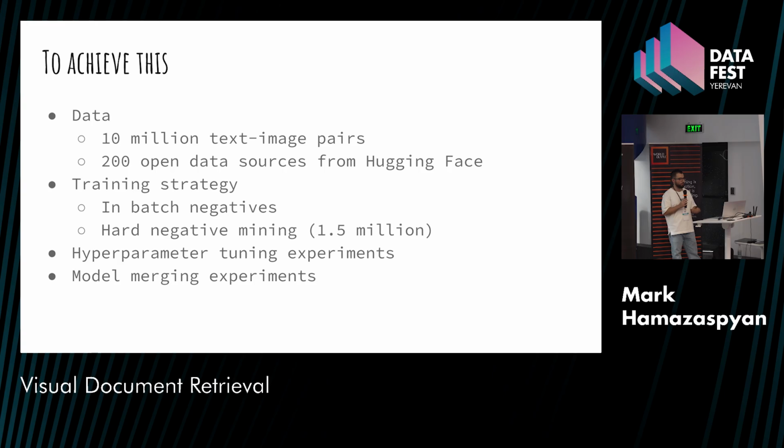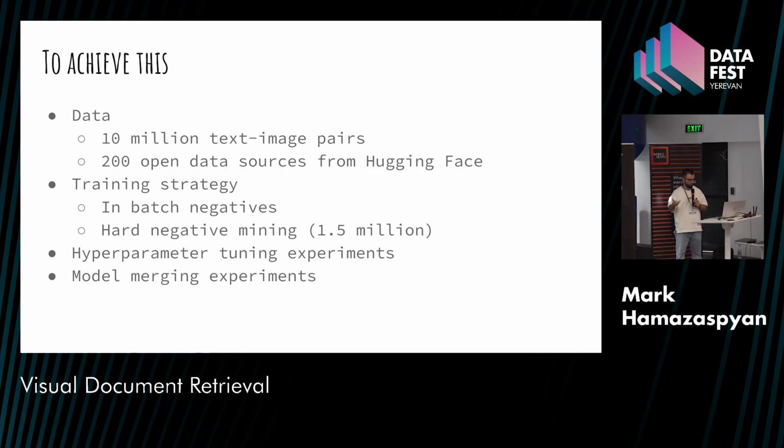We collected them from the open source Hugging Face datasets, around 200 of them. Then we did in-batch negative training and hard negative mining to get better data samples, which decreased our 10 million dataset to 1.5 million. And then we did hyperparameter tuning and model merging experiments. So for the past 6 months, we were doing all this. And this is only to get an image embedding